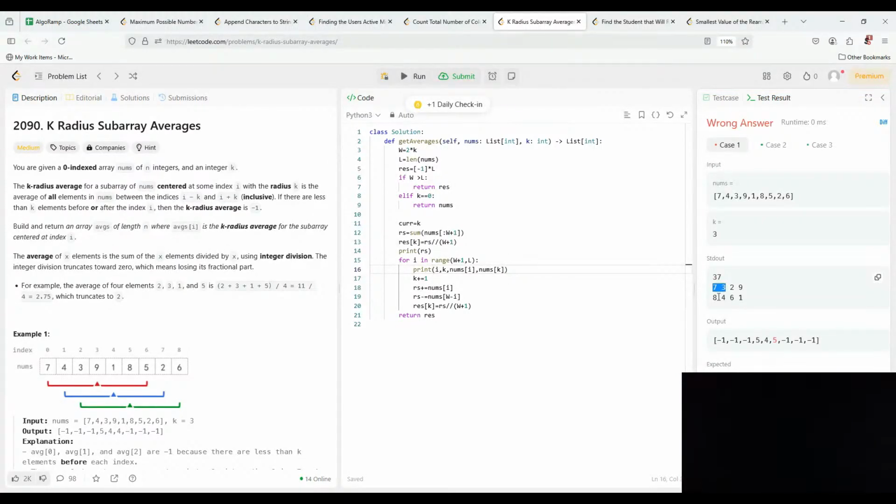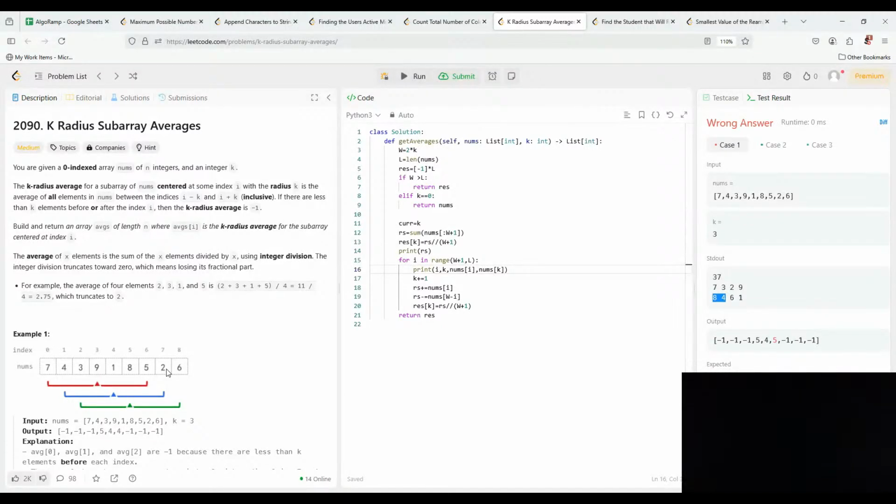Seven, 3, 8, 4. So I'm adding 7. I'm adding 7, right? Adding 7, which is 2,